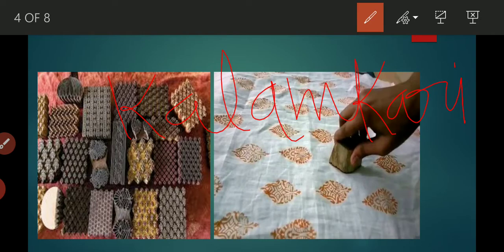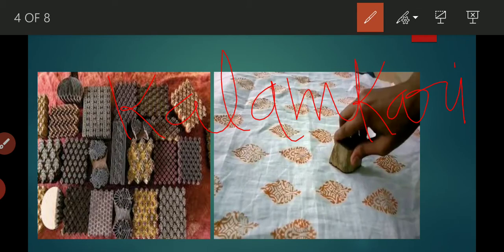In this method, a special pen or kalam is used to create design on cloth. People make design on cloth using a pen or kalam. This process is used in both painting and printing, right?